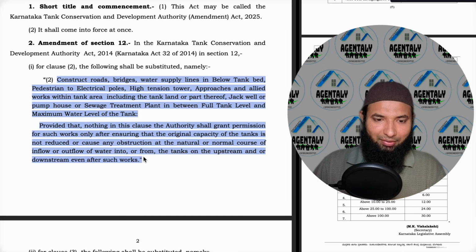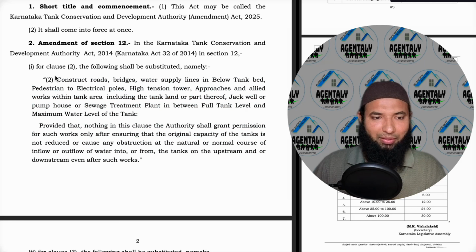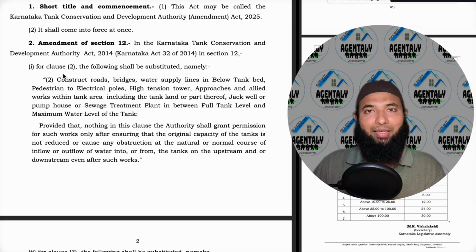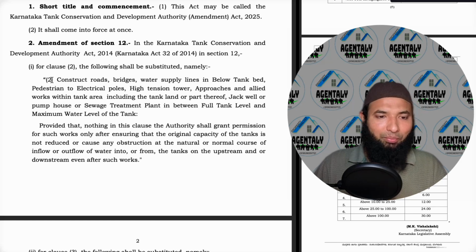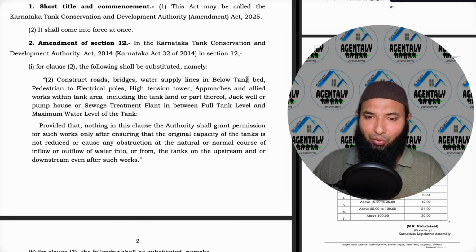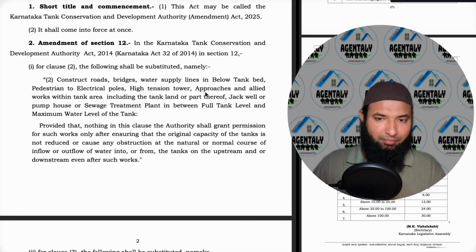Or else if we read this, no, first when I read this, it was totally opposite to understand. No person, even if I am making any mistake, you can correct me. We'll try to change the video again if any mistake is there. No person shall construct road, bridges, water supply lines in the below tank bed, pedestrians to electrical pole, high tension tower, approaches, and allied works within tank area, including the tank land or a part thereof, jackwell or pump house or sewage treatment plant